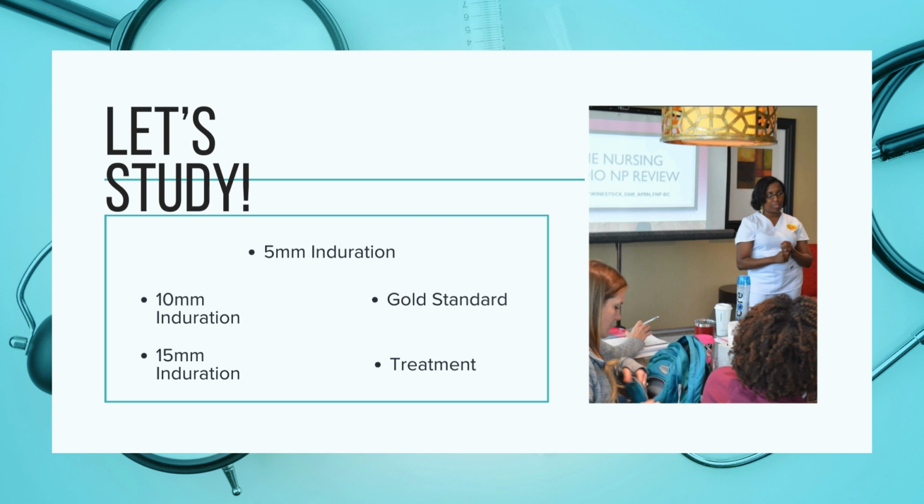So again, we have the testing, the PPD, the Mantoux, the TB blood testing, like the T-spot, right? And then our gold standards are that chest x-ray and sputum culture, right? So now you want to think about it, because there's multiple levels of tuberculosis, and that's where it gets into things.